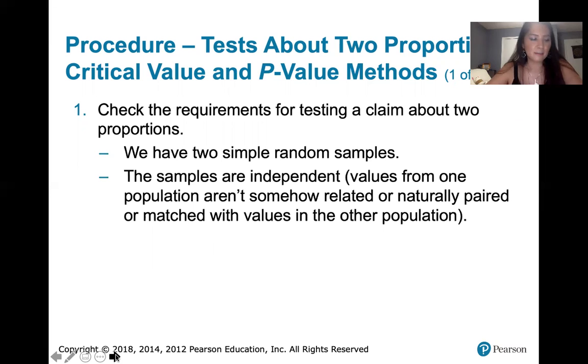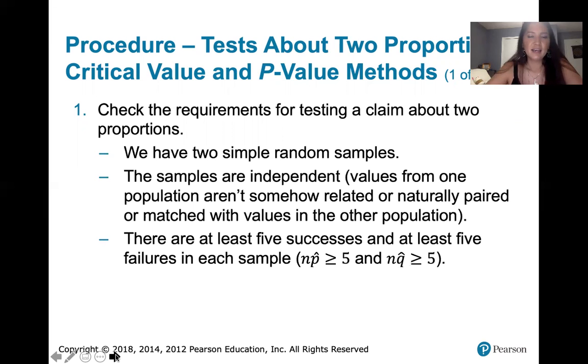We don't want before and after data. We don't want pairs that are naturally matched. We don't want twins, like one twin in one sample and the other twin in the other sample. These samples need to be completely independent from each other. And then the last requirement is that there must be at least 5 successes and at least 5 failures in